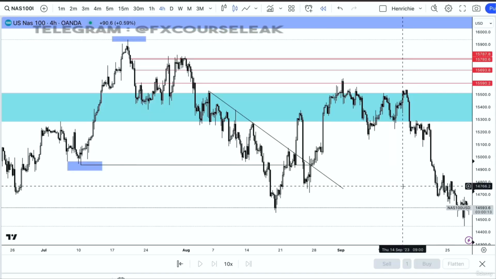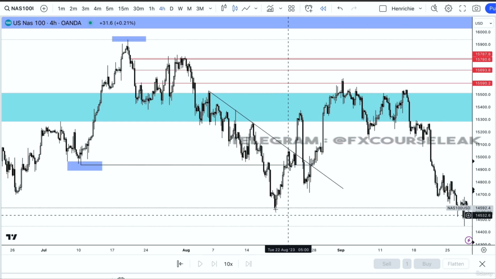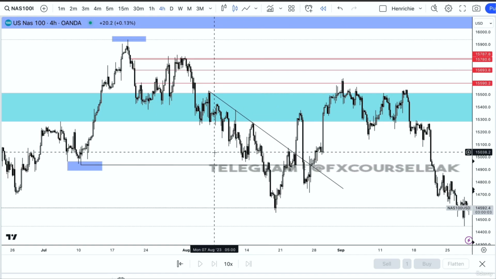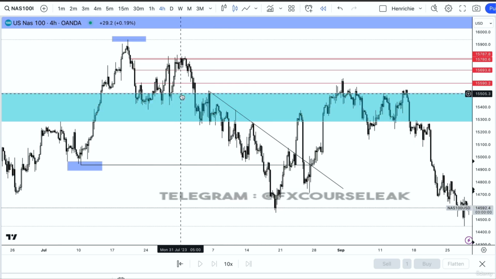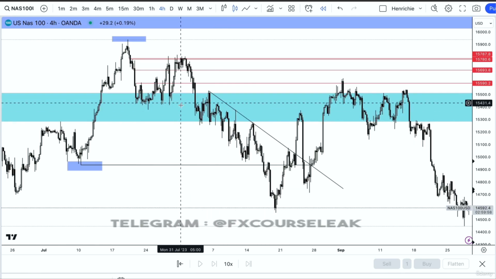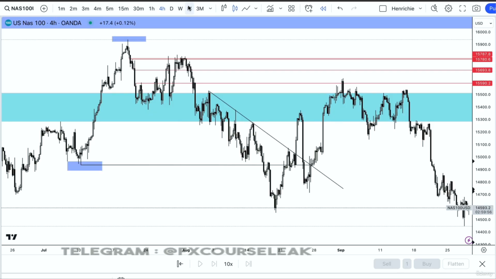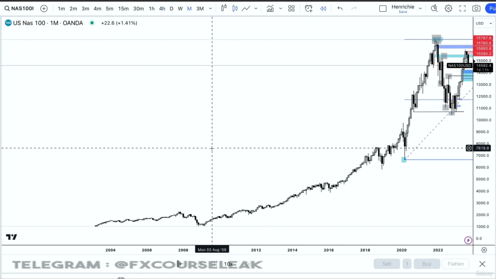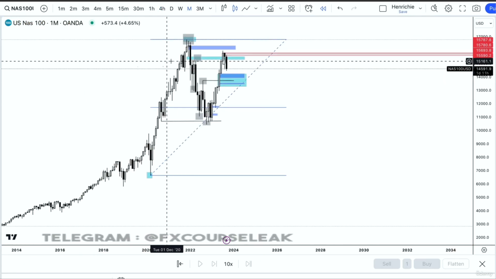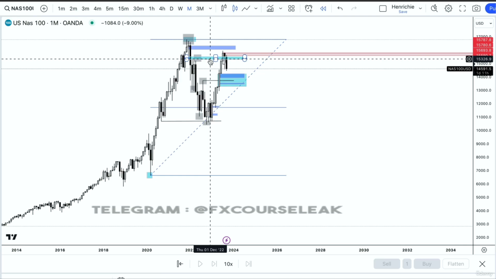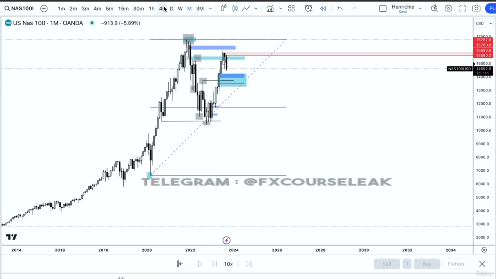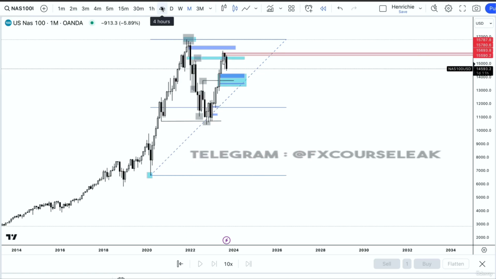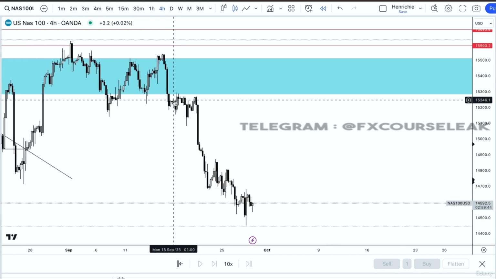I'm going to be explaining inefficient price action, how to use them for present and also future price actions. In the previous session, you can recall that this blue region right here was our monthly inefficient price action. You can see that right here, our monthly inefficient price action. And then I was saying in the other session that if I wanted to confirm a